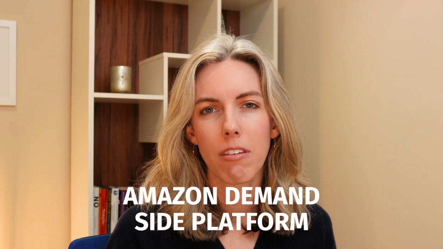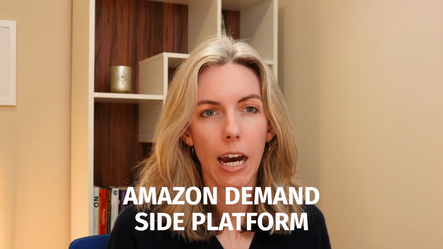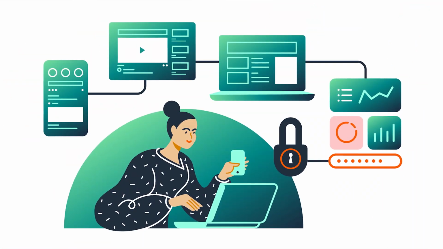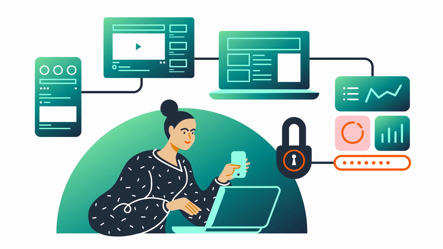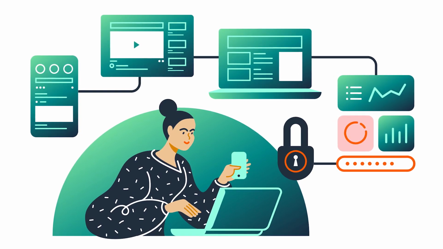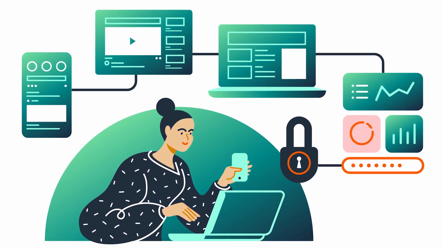So let's talk about Amazon DSP. Amazon demand side platform allows brands to programmatically purchase display, video, or audio ads throughout different places on the internet. And instead of bidding on specific ad placements, it uses Amazon's highly advanced data intelligence to automatically help reach audiences across the internet